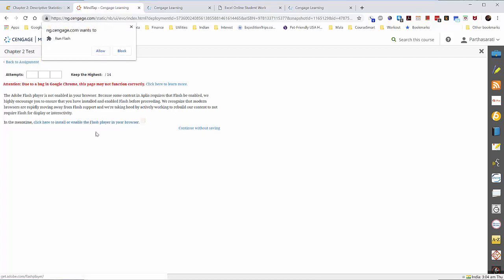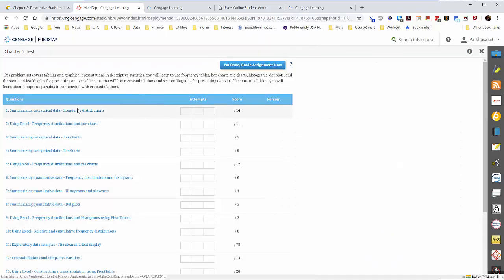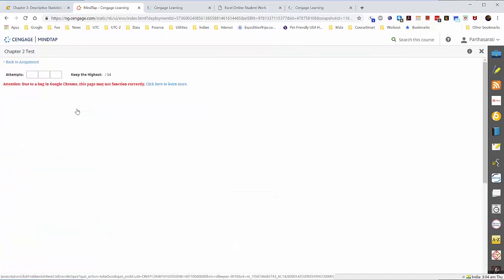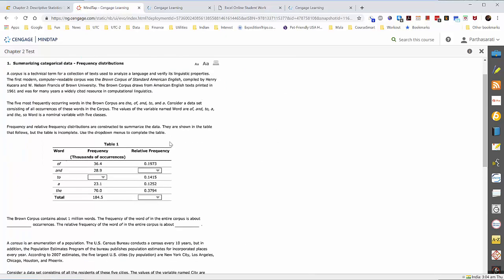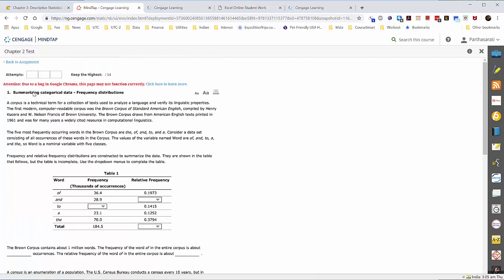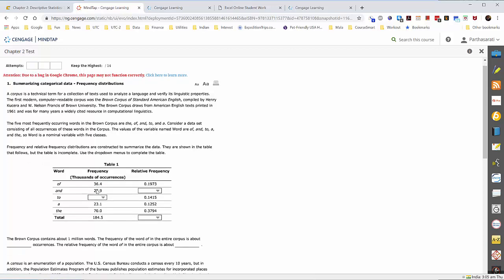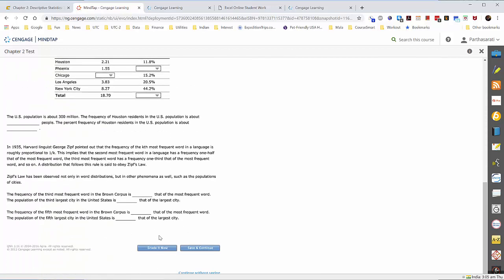So click here to install Adobe. So click that. Now it looks like it's working. So click that, and I still get the error message, but at least I see the problem now. So if you have an error message like this, you can try what they have suggested, or you can try a different browser, like maybe Firefox or something, and then you do the problem,